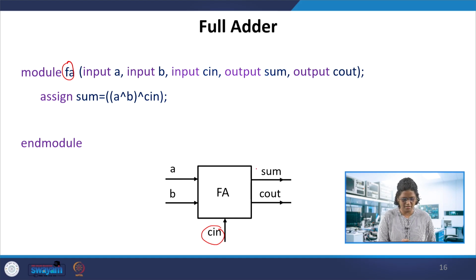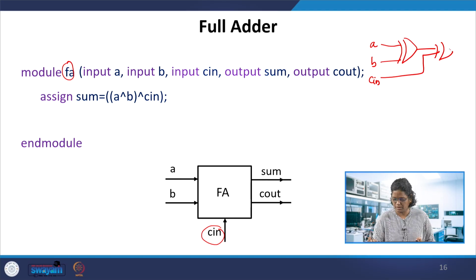So simply assign sum, which is just a description of the Boolean function. We know it is going to be an XOR function, so A XOR B XOR Cin. A, B and Cin are the inputs. So this is an XOR, and this output is again XORed to get the sum.